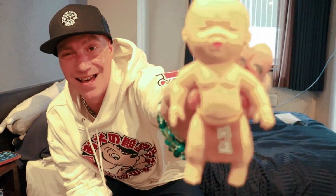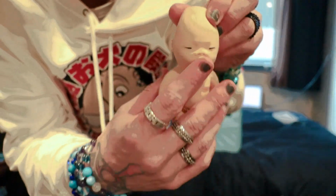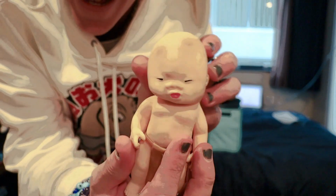Alright, very first thing that I picked up was this. So, this thing is like a little baby sumo guy, but it's made out of rubber and sand, so if you know...